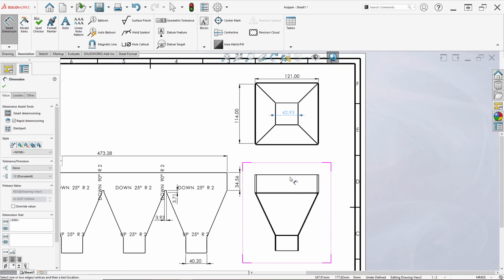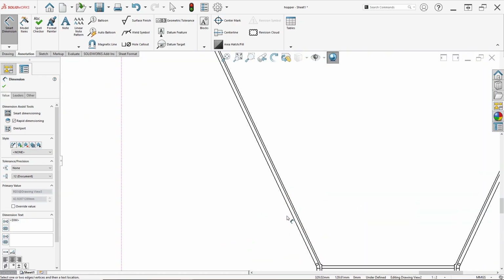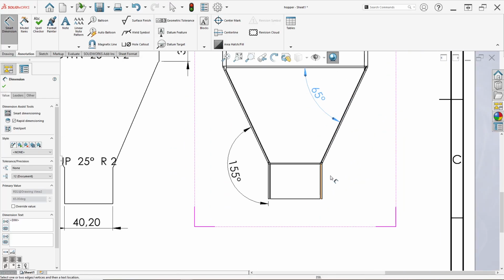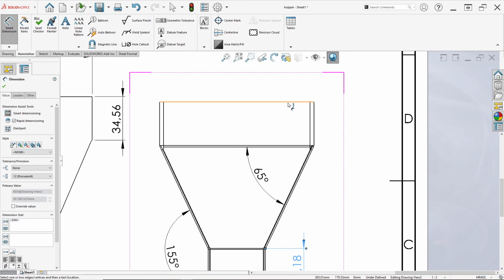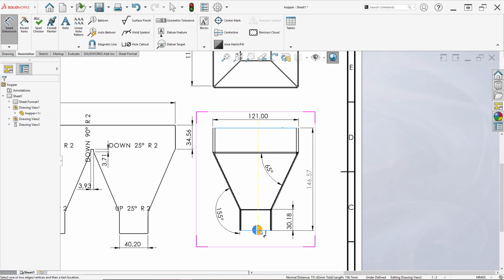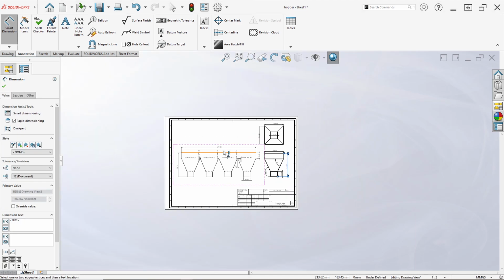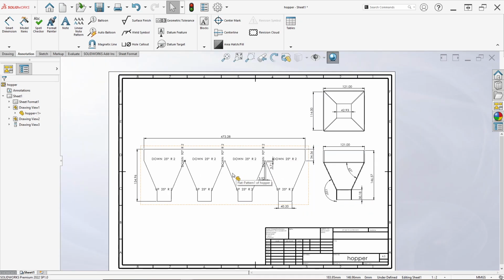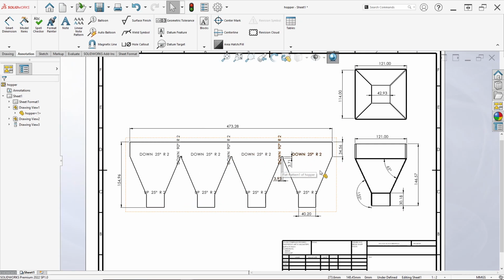Then in here the angle edge is, and the angle in here set like this, and this edge to this edge, and this edge, and this edge to this edge like this. Okay, we just make a two-dimensional drawing. You can also complete your dimensions, but it's just an example.